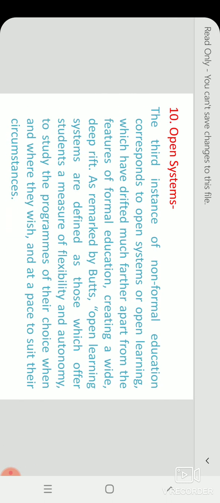And the open system is the non-formal education system which has drifted much further apart from the features of formal education, and it gives flexibility and autonomy to the students. The study programs are the choice of the students' particular